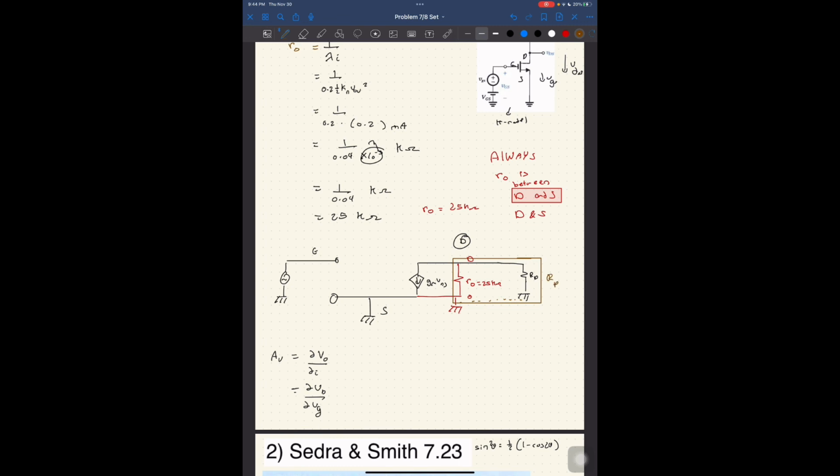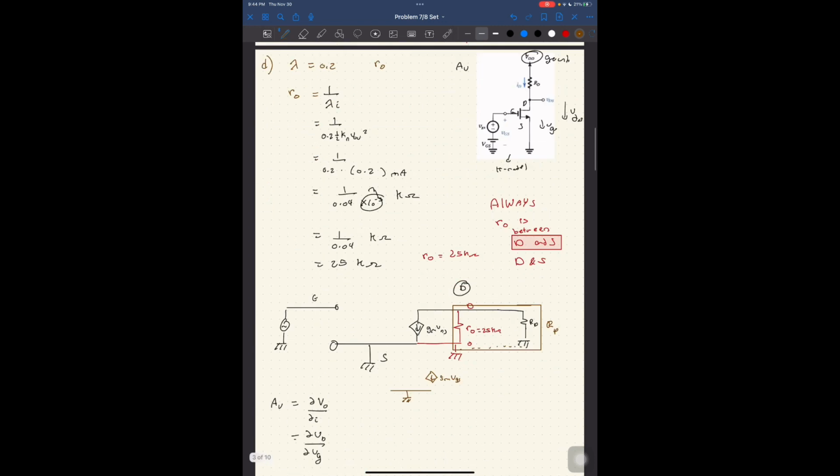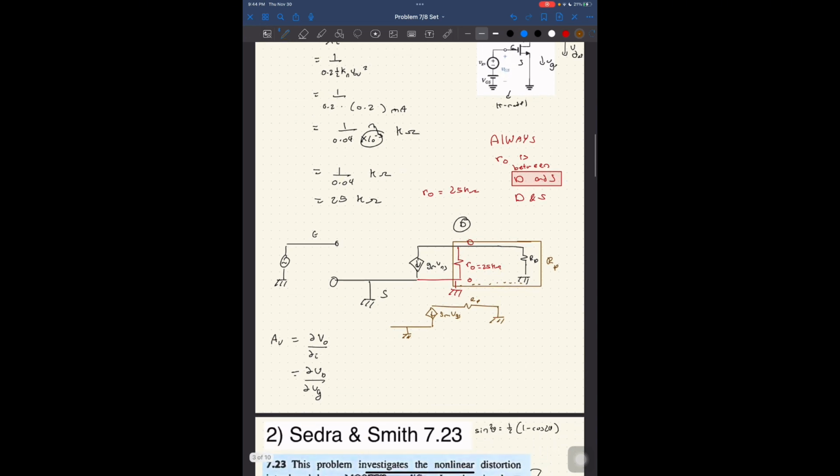So there's RP, which means that I could simplify this part of the circuit. gm vgs, RP. Which means that VD is equal to